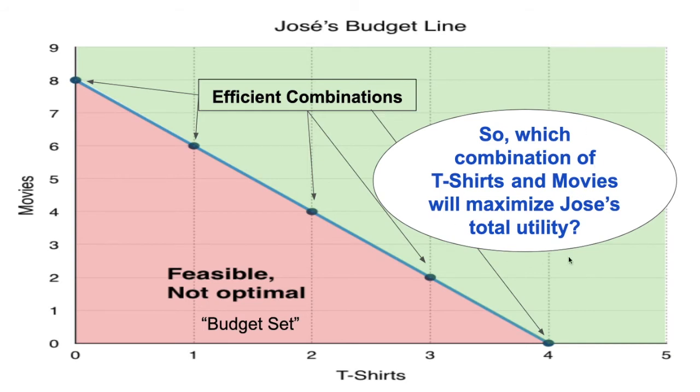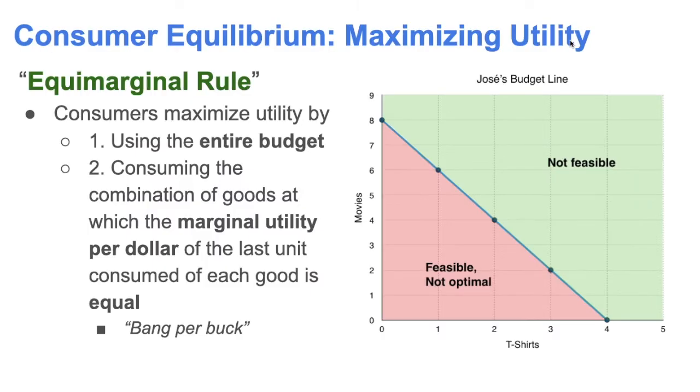This is a much different question. When we're asked what combination of these items will maximize Jose's total utility, that's a very different thing. And there's a rule for us to follow. So we call this consumer equilibrium, maximizing utility. The equimarginal rule